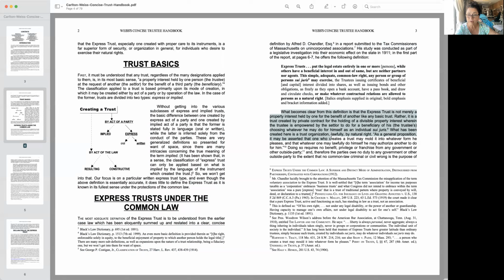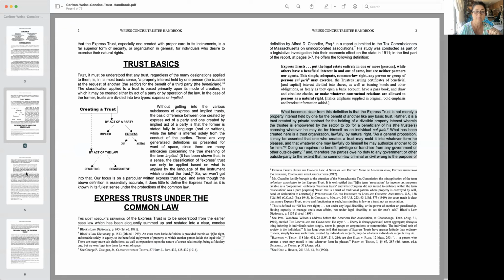As a general proposition, it may be asserted that one who creates a trust may mold it into whatever form he pleases, and that whatever one may lawfully do himself, he may authorize another to do for him. Doing so requires no benefit, privilege, or franchise from any government or other outside party, and therefore the parties owe no duty to any government or other outside party to the extent that no common law, criminal, or civil wrong is the purpose of